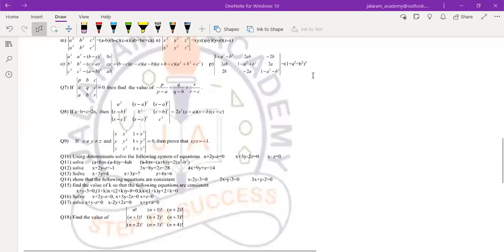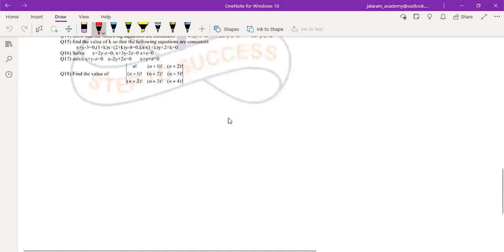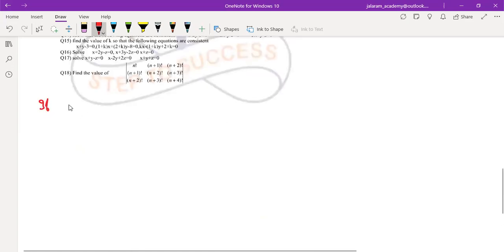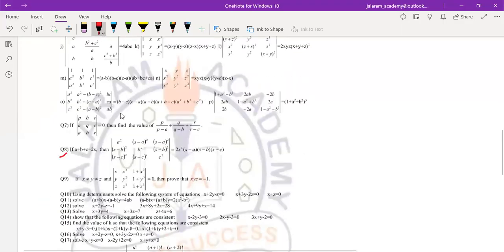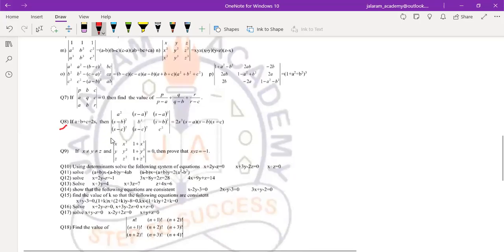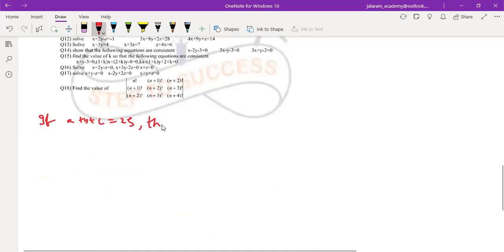Now, today we will discuss one of the most important questions of determinants, which uses the properties of determinant. In this sheet, it is shown by question number 8. If a plus b plus c equals 2s, then we have to prove that